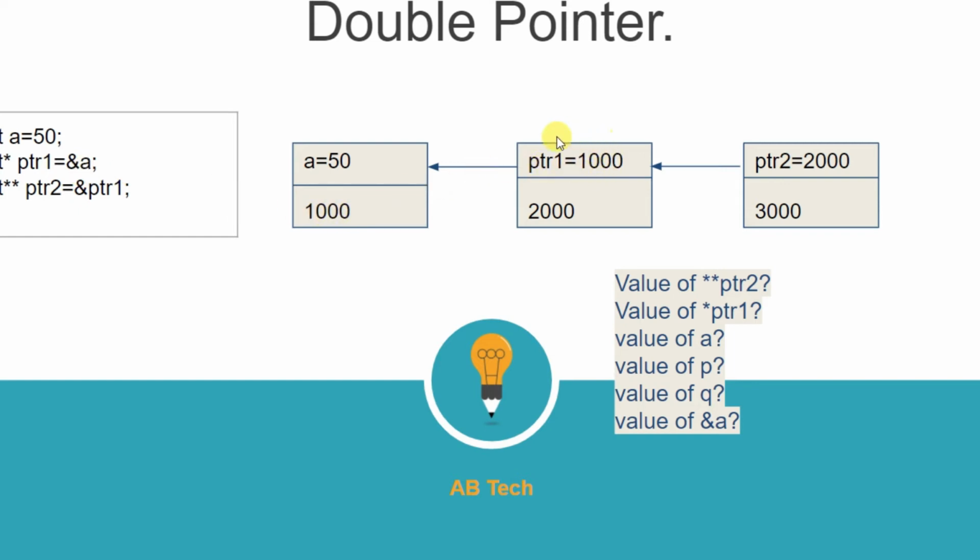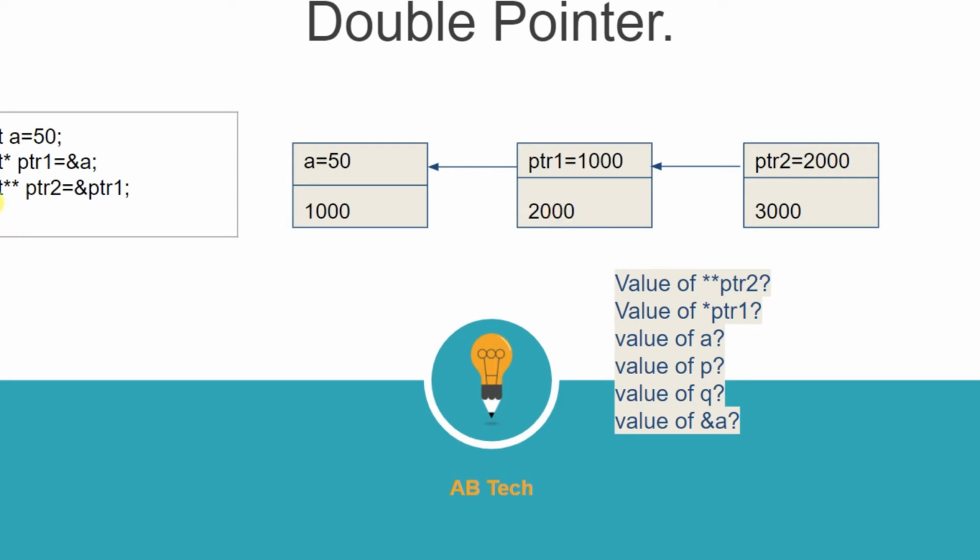And again, this variable will also have one memory address. That's quite a basic thing: whenever you create any type of variable, whether it is an integer, a pointer variable, or any other type, and you assign a value to it, it will always be stored in some memory location. So when we assign int *ptr1 = &a, this ptr1 will also have some memory address. That memory address is 2000.